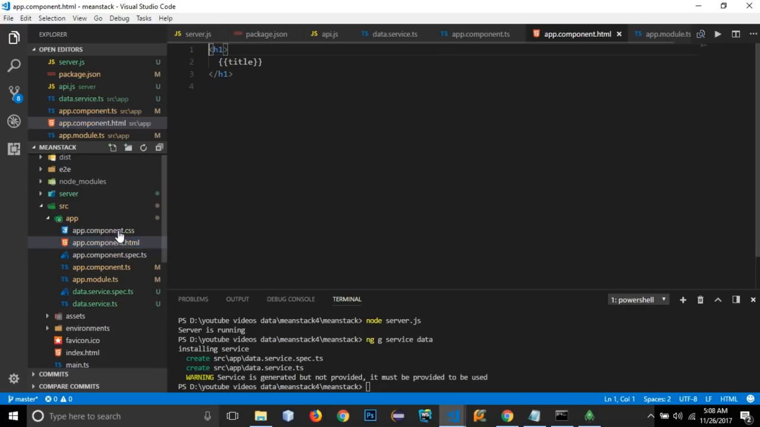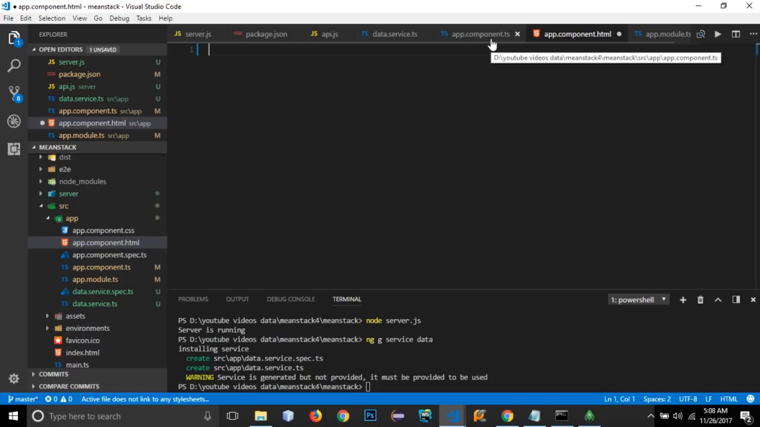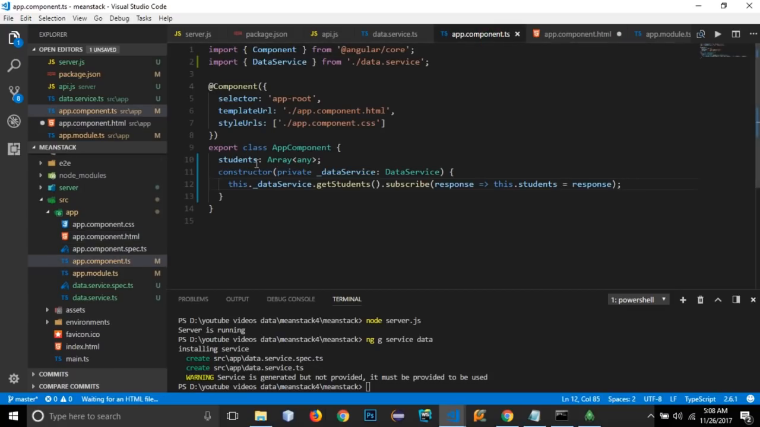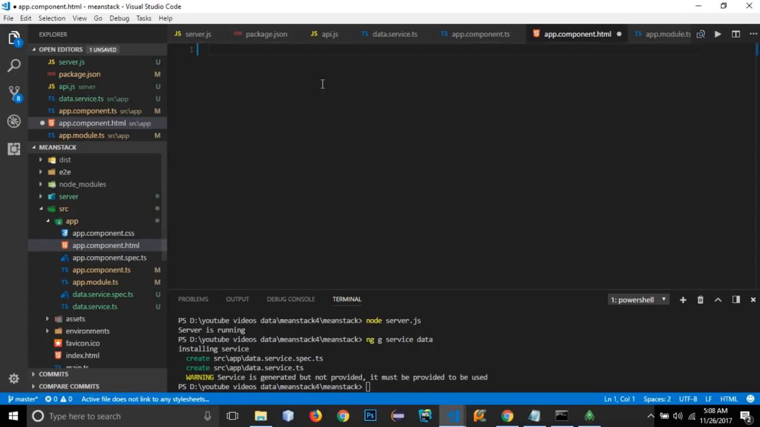So open up the HTML file, and rather than the title, let's print all the objects, all the students from that document. Okay, so our data is inside this students variable. So inside it I need to use